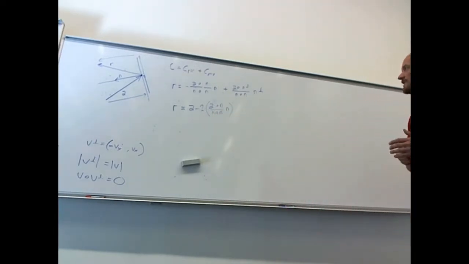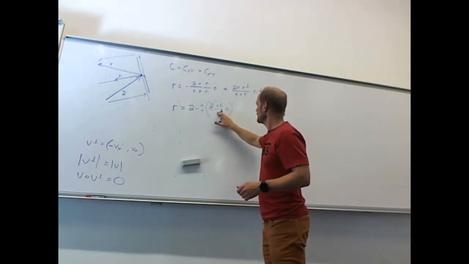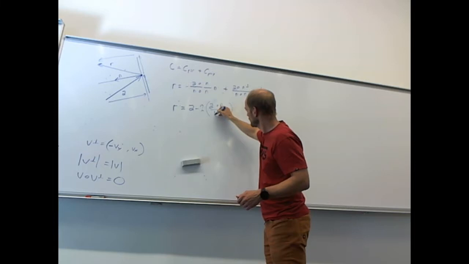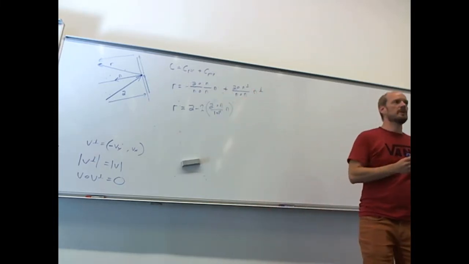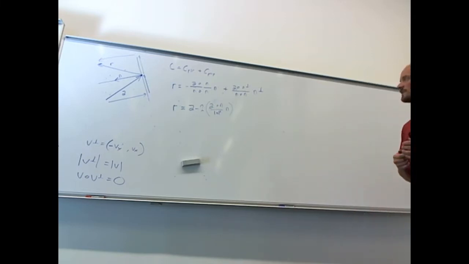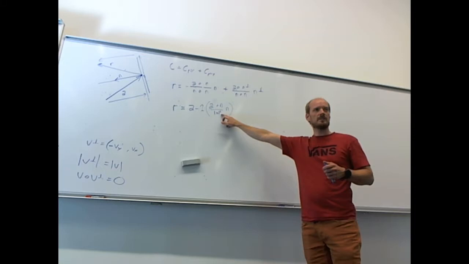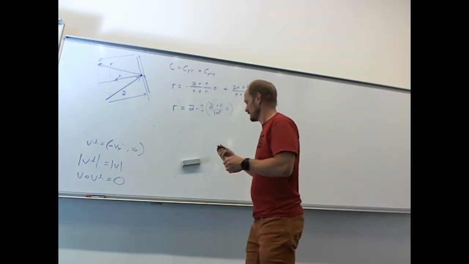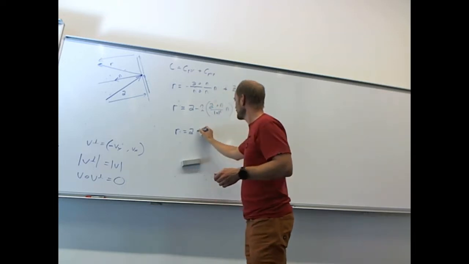Now, can I simplify this even more? If I view this as the length of n squared, let's imagine that my normal is already a unit vector. Can I then simplify this? Then I guess this is 1, right? The length squared is 1. So I can say the reflection, if I'm so lucky that n is a unit vector,